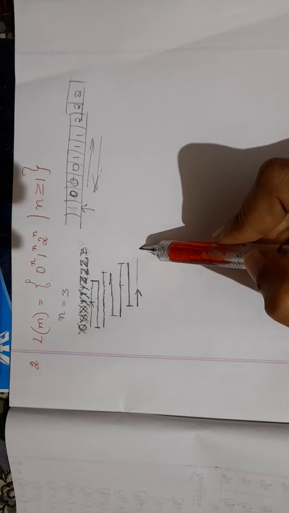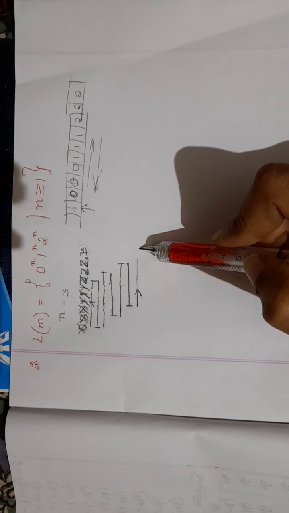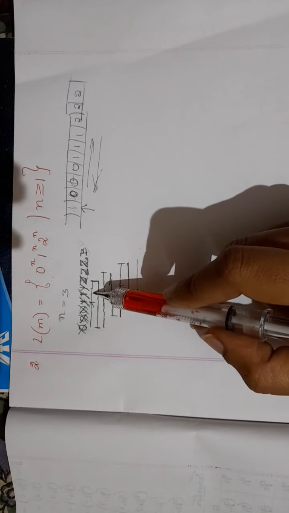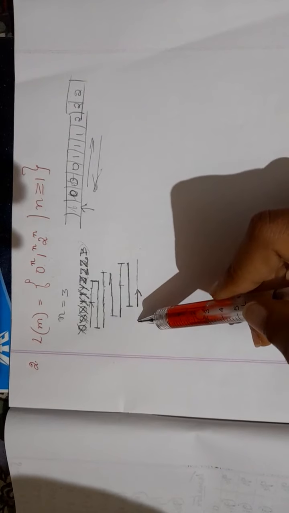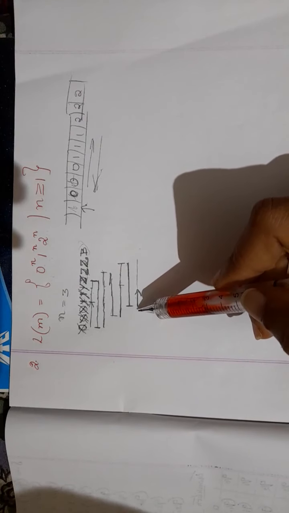Okay, so what happens? Finally, you will be reaching B, which is blank. So when you reached here, it means that you have reached the final state, that is the accepting state, and the example that you have taken is valid. Okay, this is the logic that you are using to draw the Turing machine. So we shall draw a Turing machine with respect to this now.